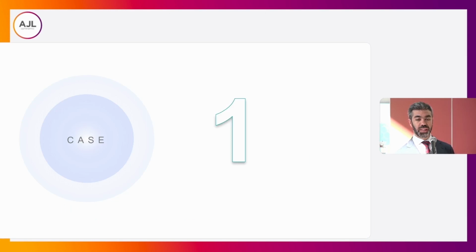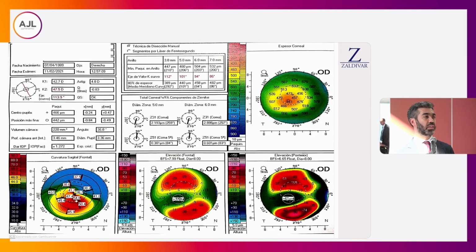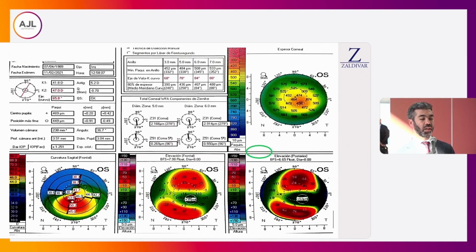So to be more clear, I'll share with you one case. This is a 31-year-old patient with a high astigmatism that was increasing. As you can see, the visual acuity was 20/50 and 20/40, and the patient had a potential of 20/25. So after performing the diagnosis of progressive keratoconus and corneal ectasia, you'll have to identify again the parameters